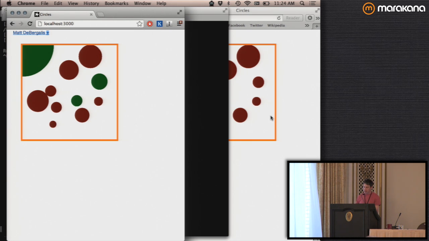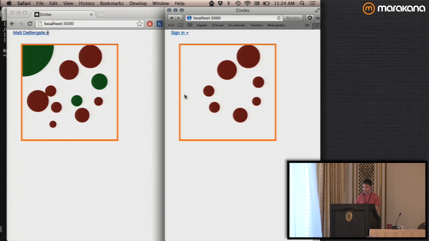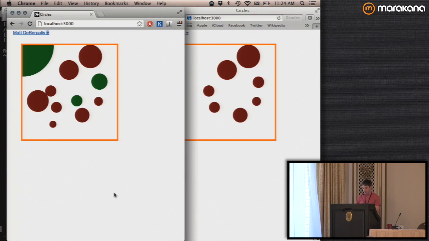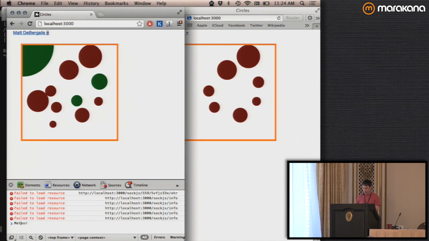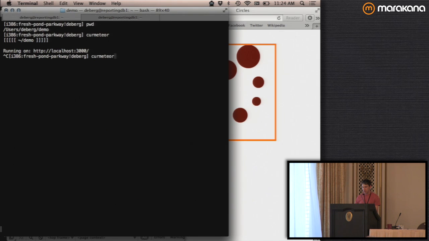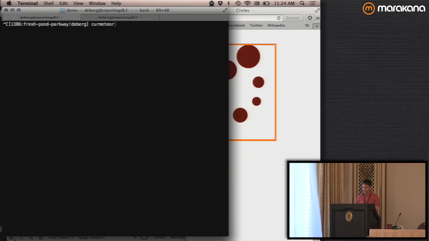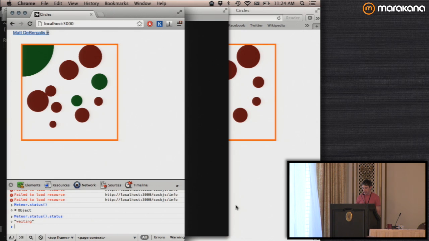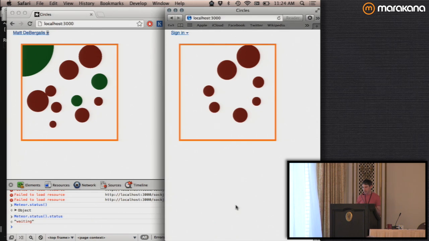Of course, that is not reflected on the other browsers because there's absolutely no connection. And I can even do Meteor.status. This is sort of embarrassing. OK, so the status of the connection is waiting. I'm no longer connected to the server. And then I can rerun the server. And again, there's no state left over. And what's going to happen here is that the browsers are checking every so often. It's like an exponential back off like you'd expect. But if all goes well, what you're going to see is